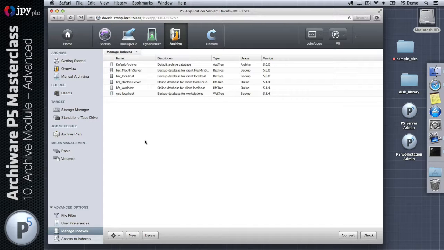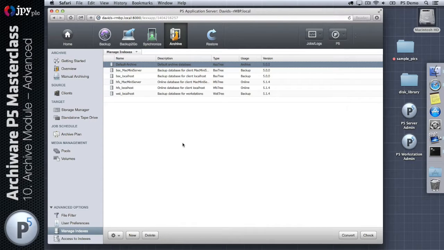So if you're installing P5 Archive for a customer, and that customer is going to be doing lots of archiving where each archive is based around a job number, then you can provide a job number field, or whatever they'd like that field to be called, within the default archive database, and then they can either manually fill that field in when they manually archive via the web interface, such that they will later be able to search on the contents of that field and find resources in the archive index that they might want to restore, or you can use these fields that you've added to the archive index and have them automatically filled in